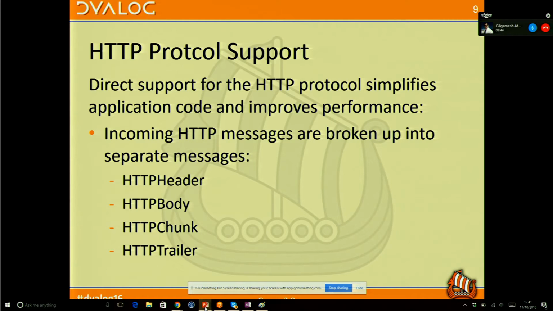Bjørn is now collecting all that information, and on the server side, as an APL server, you just get one of these messages each. As soon as there's a complete HTTP header, you get that. When there's a body, you get that. If you're in chunked mode, you'll get little flags to tell you that here's another chunk. And even a trailer. I've never seen an HTTP trailer, but apparently they exist. That is actually just a header that is coming after some chunks.